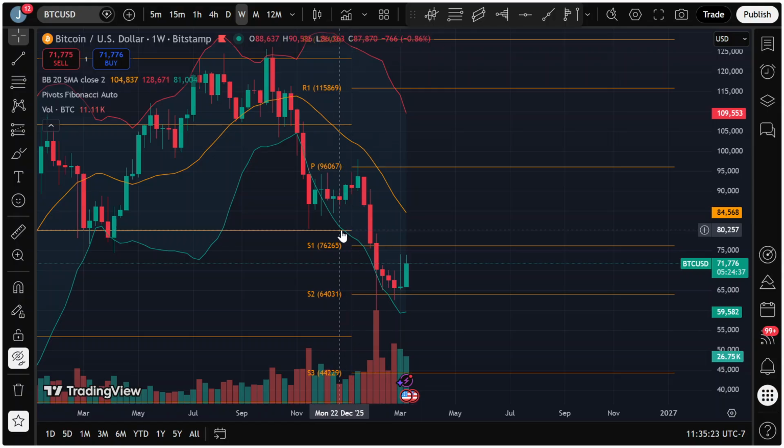I do weigh that as more significant than the 76.2K one, and I do think we are going to have the weekly SMA basically sitting on that by the time the price actually interacts with it, and I think that is going to act as resistance. It may temporarily act as support.